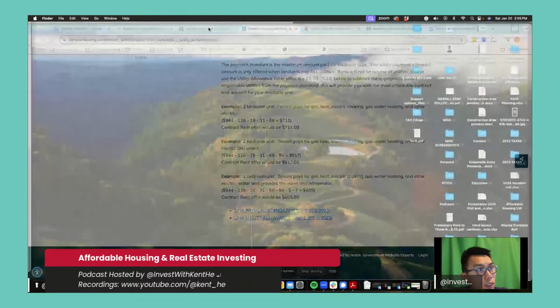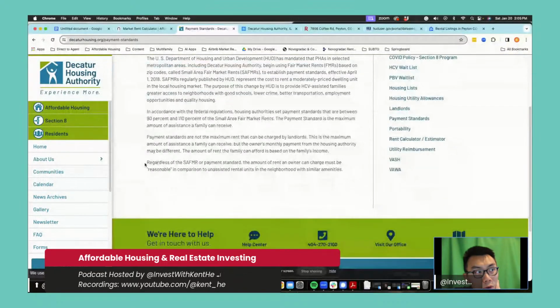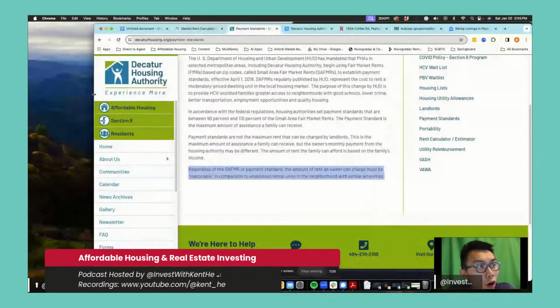Where was it? Payment standards. Here it is, Decatur Housing Authority. They explain it really well. Look at this, read this line right here. It says, regardless of the SAFMR, small area fair market rents, or payment standard, the amount of rent an owner can charge must be reasonable in comparison to unassisted rental units in a neighborhood with similar amenities. This is how I know I cannot charge